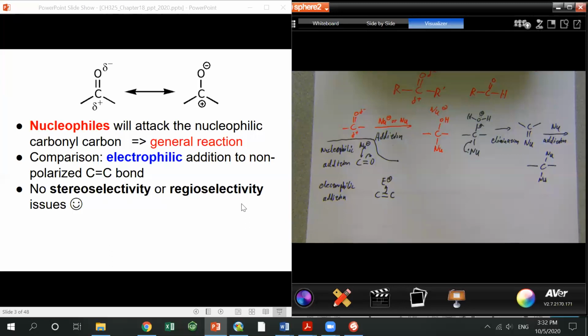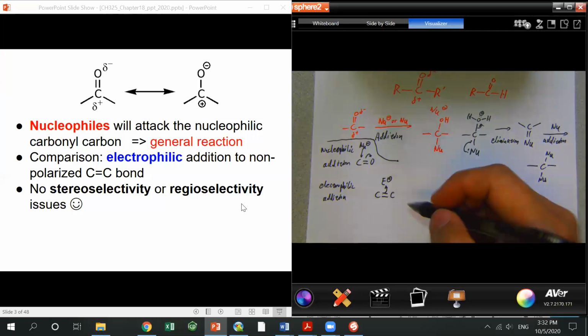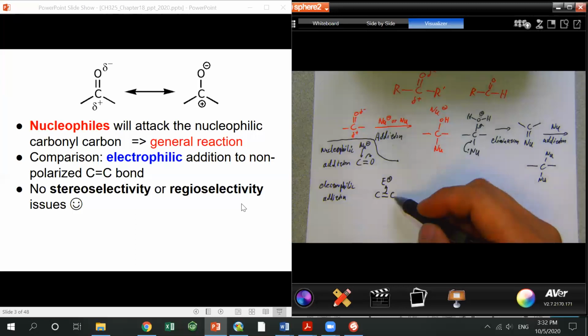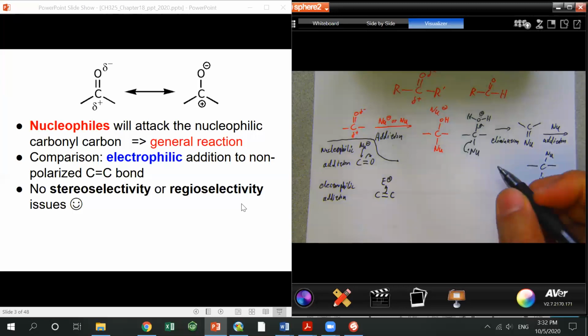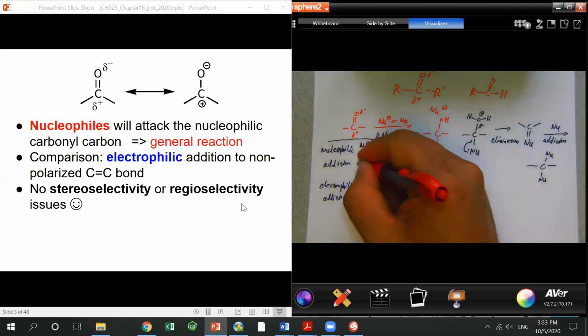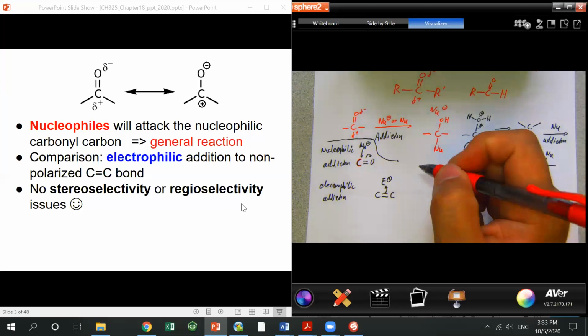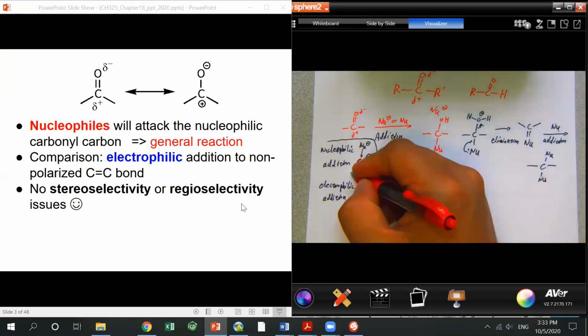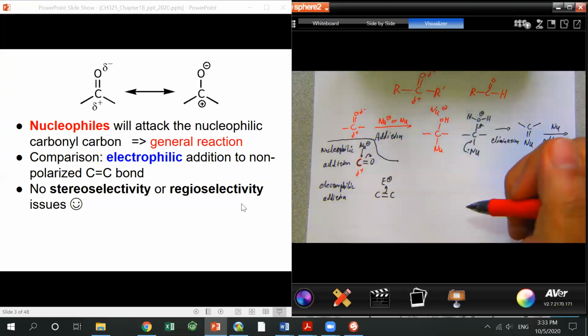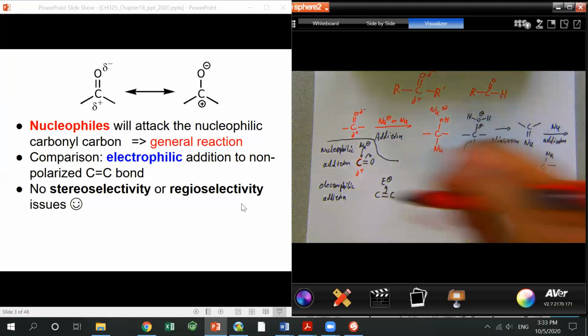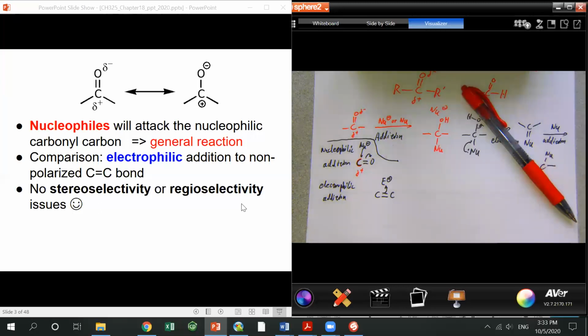For alkene addition, you have to think about where the nucleophile goes: the more substituted carbon or the less substituted carbon, which we call Markovnikov. But for nucleophilic addition to aldehydes and ketones, it always goes to this carbon, never to oxygen, because this carbon has a partial positive charge. So always go here. That looks like it makes life easier, but unfortunately,